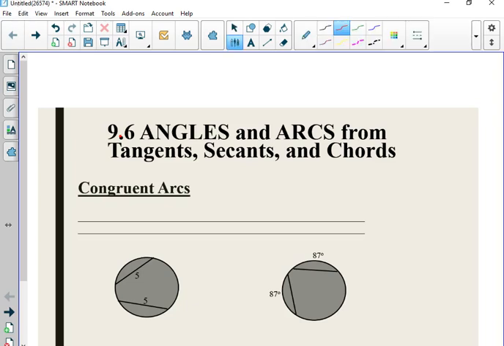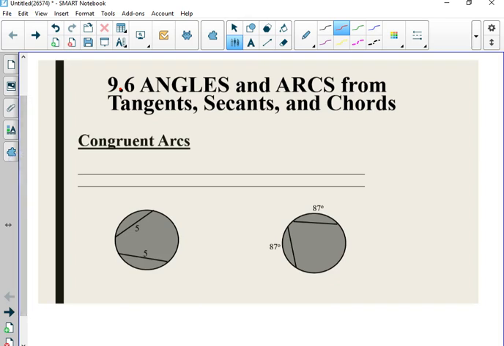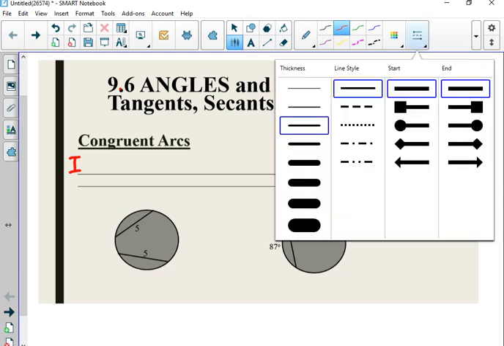Here we go, section 9.6. Angles and arcs from tangents, secants, and chords. So, congruent arcs. A little bit of writing to do. In the same circle,